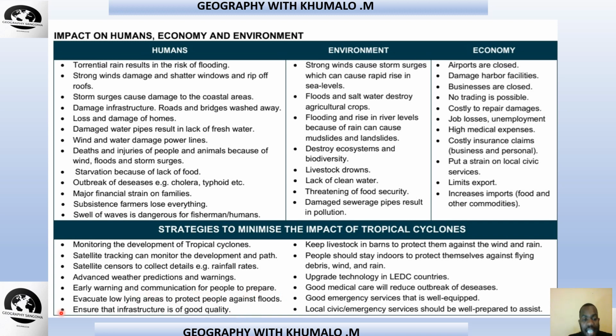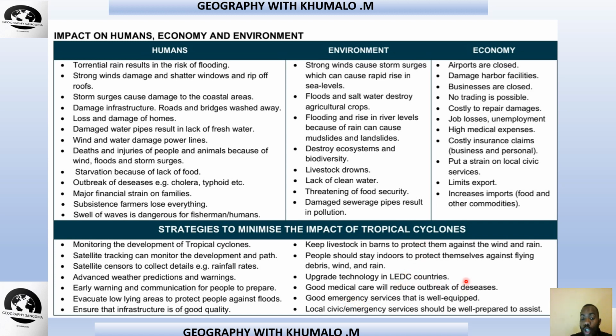to evacuate. And while they're evacuating, we evacuate the low-lying areas to protect them against floods and ensure that infrastructure is of good quality and they've used proper material to build our infrastructure. They keep our livestock in barns to protect them against the wind and rain and from drowning. People should stay indoors to protect themselves against flying debris and wind and rain. Yes, you grade 12 who likes to party, who like to go to different places, you should stay at home as this tropical cyclone is taking place, so that we can minimize the consequences and